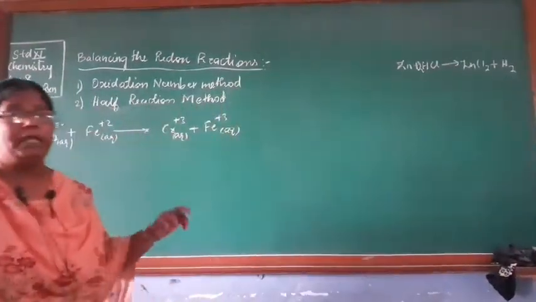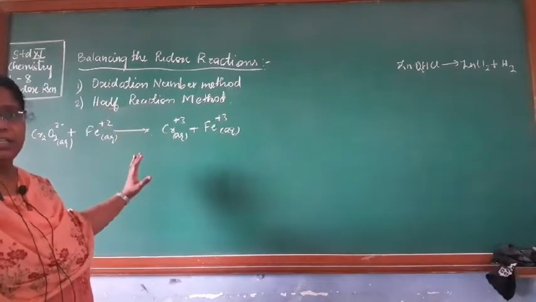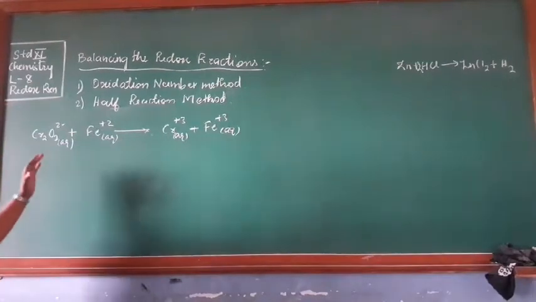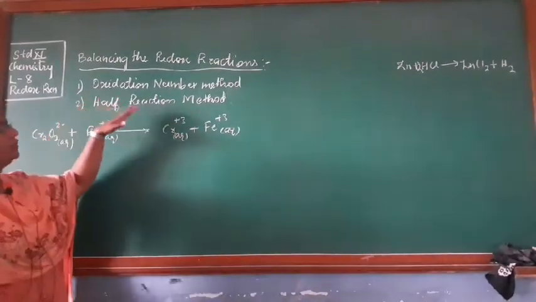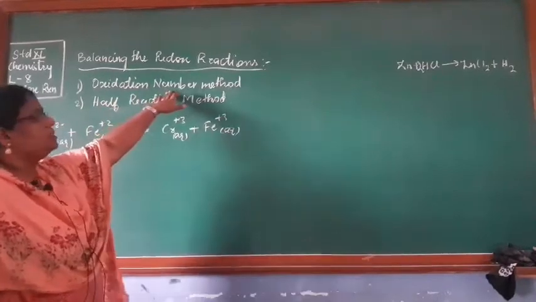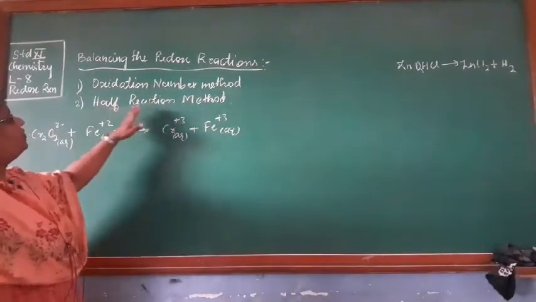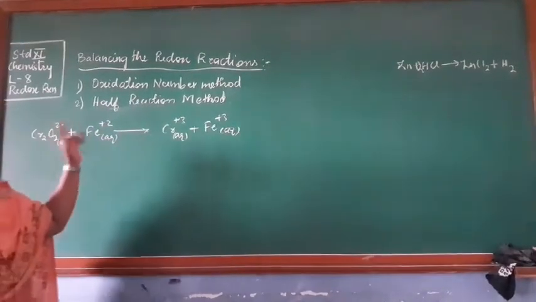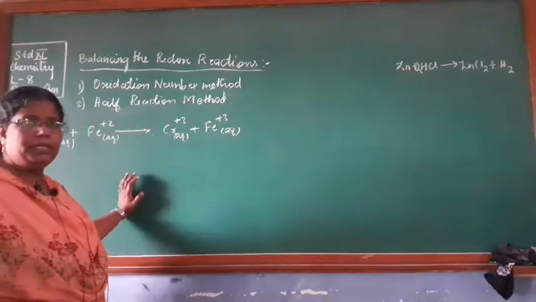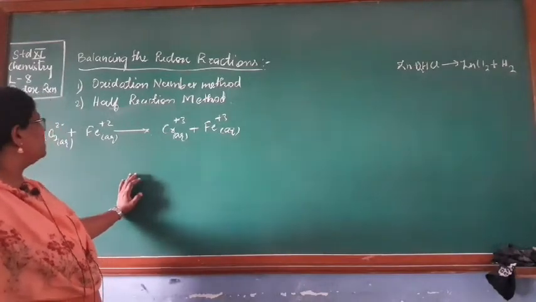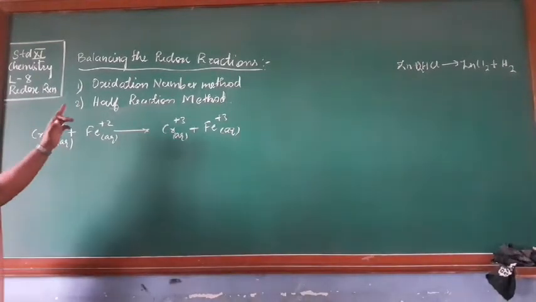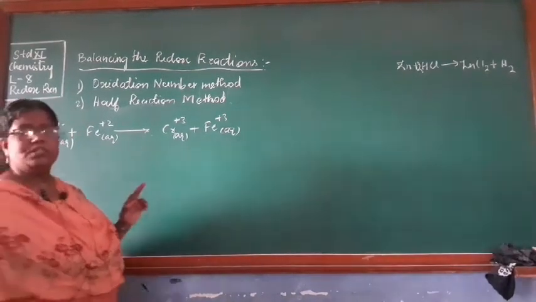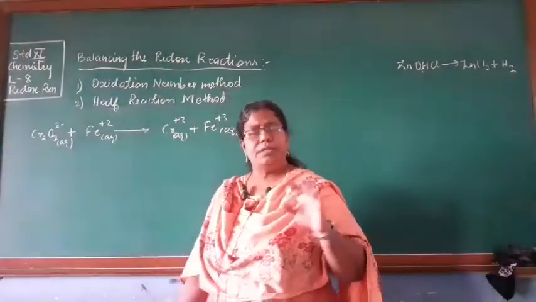But for balancing redox reactions which are ionic in nature, and the other redox reactions also, there are certain methods. So we are discussing 2 of the methods, that is the oxidation number method and the half reaction method. These are the 2 methods which you are going to learn in your classes. So first let us take a reaction and try to understand with the oxidation number method. Then we can go to the